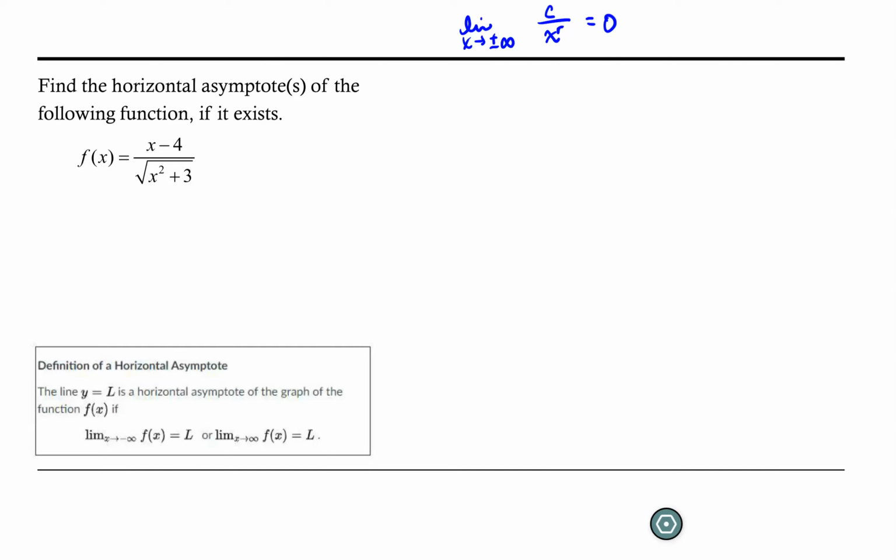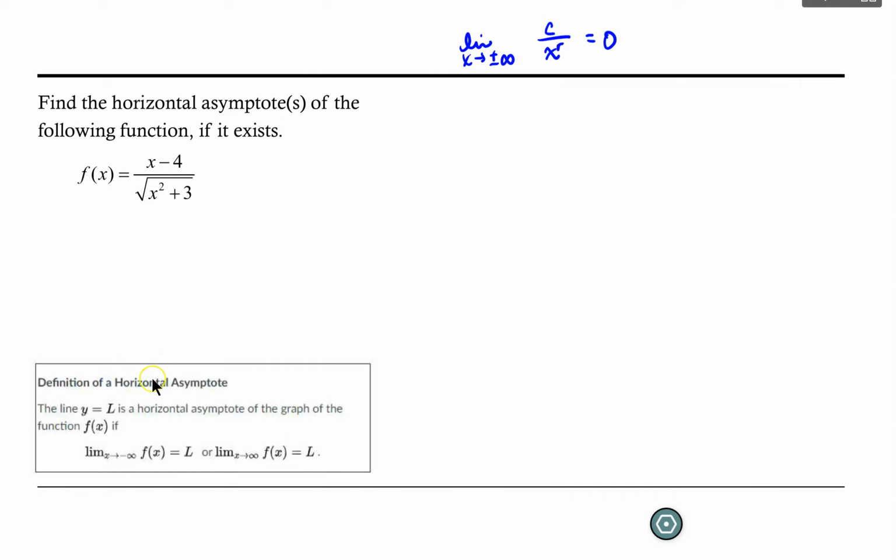Let's take a look at finding the horizontal asymptotes of the following function, if they exist. Our function is f of x equals x minus 4 over the square root of x squared plus 3. And as we want to find these horizontal asymptotes, if they exist, we need to rely on the definition of